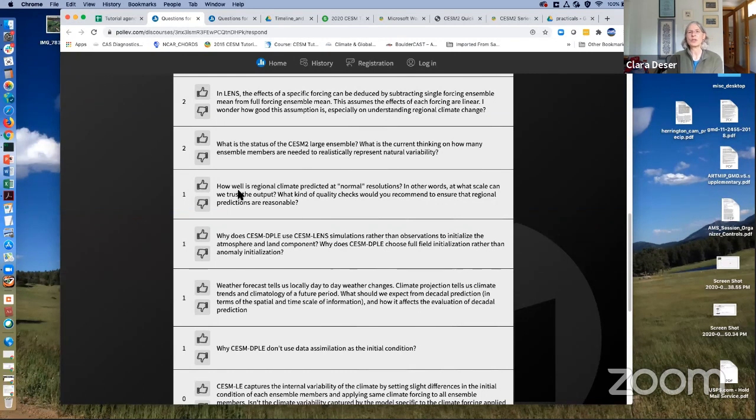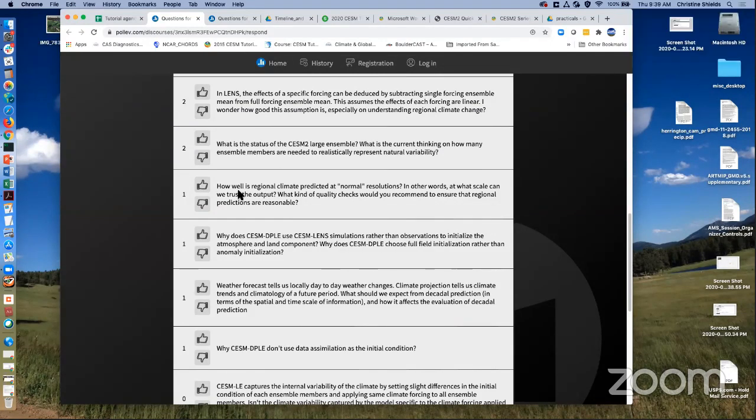Of course, the other approach is to run the simulations just with the forcing agent of interest. And we could have done it that way. I don't think there's a right or a wrong. I think there are just different approaches, but I can let you all know that we are now embarking on these aerosol only runs with CESM2, probably a 10 to 15 member ensemble, and also a greenhouse gas only run with CESM2. So that will eventually get done, and all of you are welcome to analyze that.